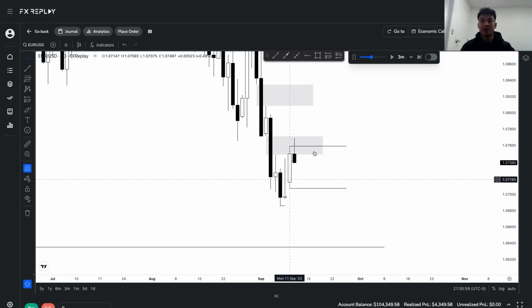And now, ideally, now that we've taken out Monday's high, we're rejecting this daily fair value gap. The next target is going to be Monday's low, and then this is the previous week's low. So these will be my targets: Monday low and then previous week's low for the rest of the week,